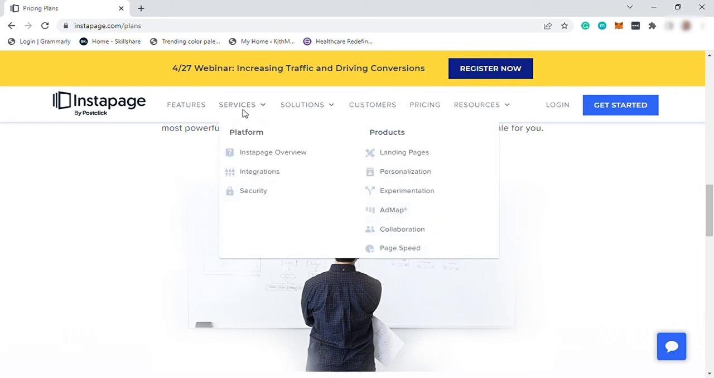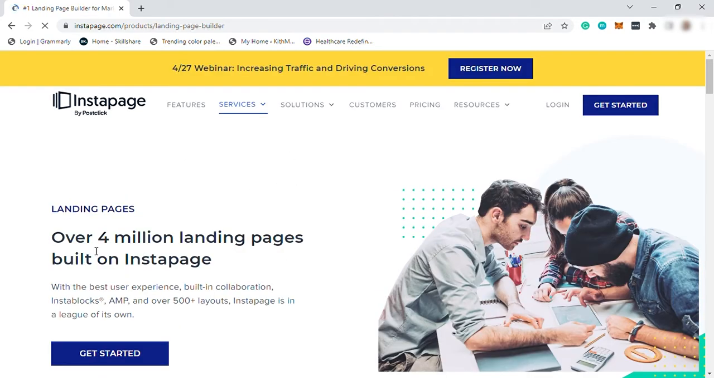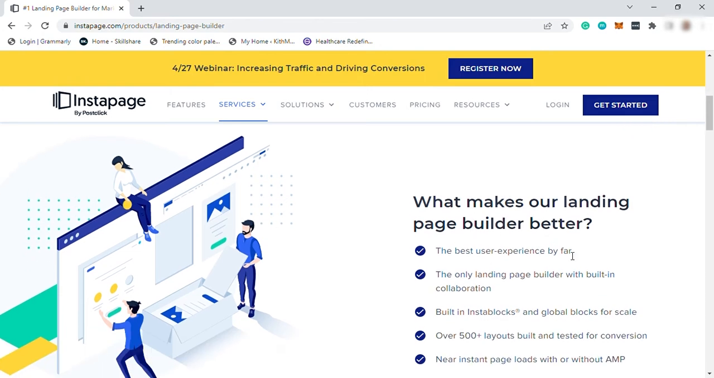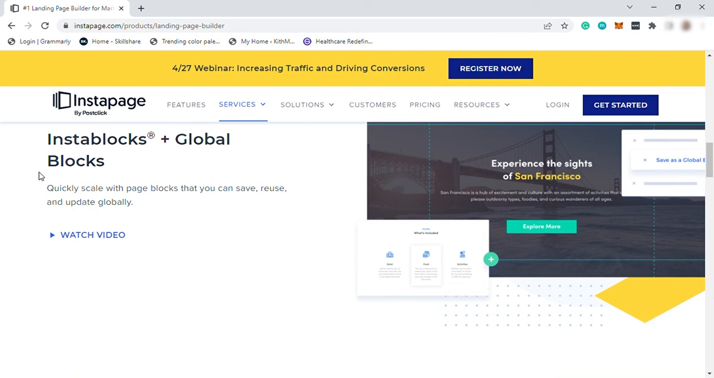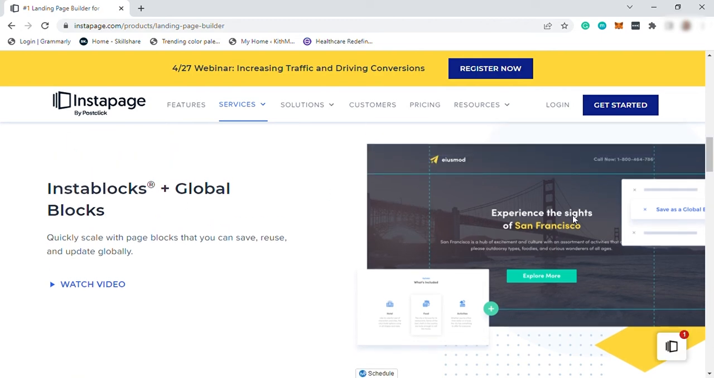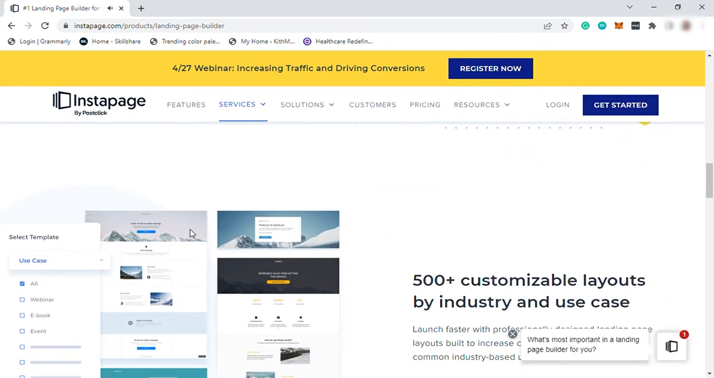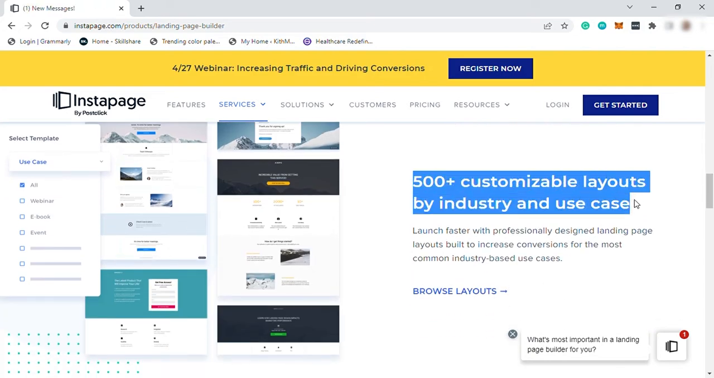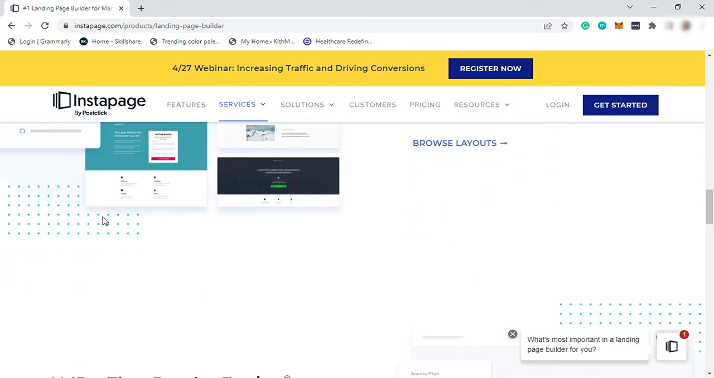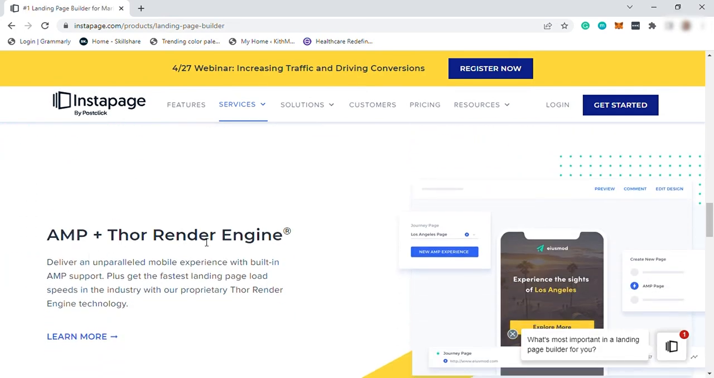So going to their services up here under landing pages, here you can see how this software can help you create a highly converting landing page. They have the best user-friendly interface here, as well as Instablocks and global blocks where you can save, reuse, and update globally. Also, they have 500 plus customizable layouts that you can choose from by industry and use case, and also the AMP plus Thor render engine, where you can get the fastest landing page load speed in the industry,